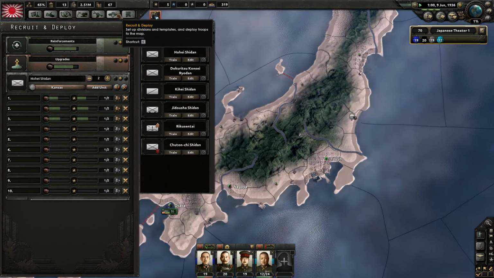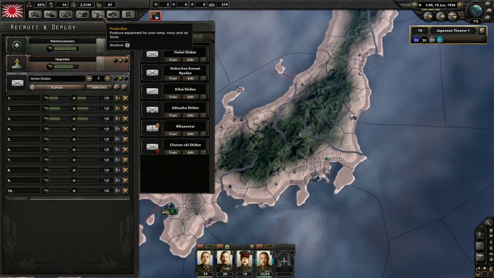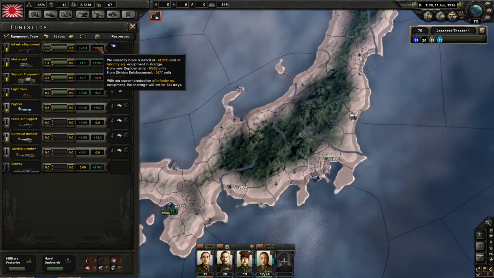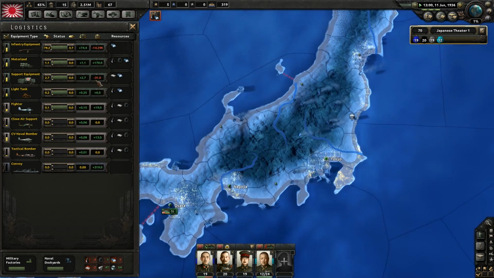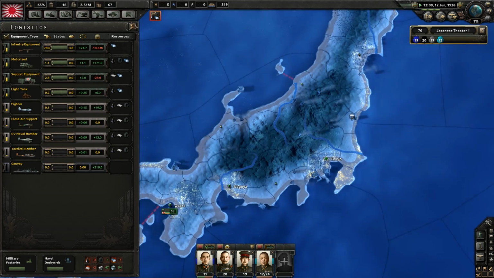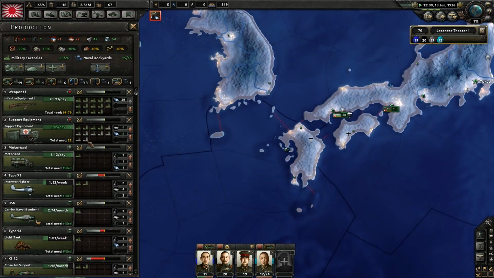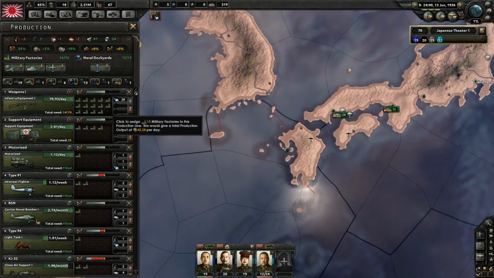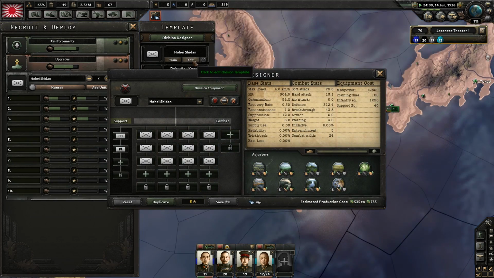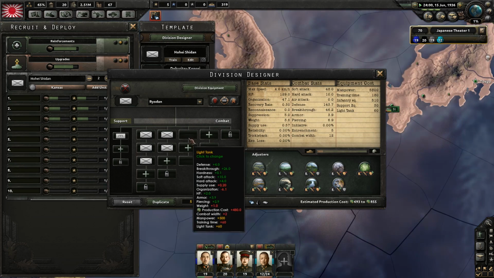Alright, so how is production coming along? Okay, we got some stuff coming along here. What is the issue with our stockpiles? Okay, so we're still way behind on infantry equipment. We're okay. We're getting up there on support equipment. Alright. Are we actually producing any artillery? And do we have any artillery assigned to any of our divisions? No, none there. None there. That's an odd...